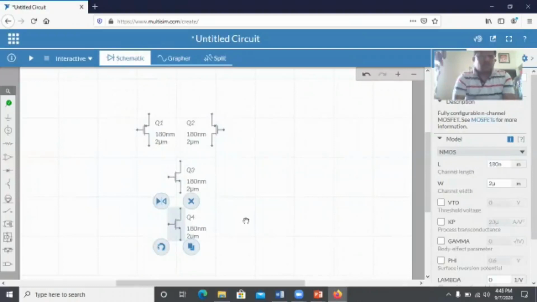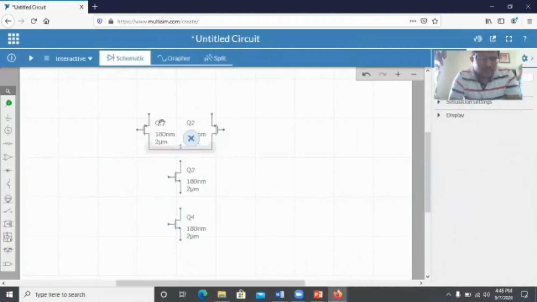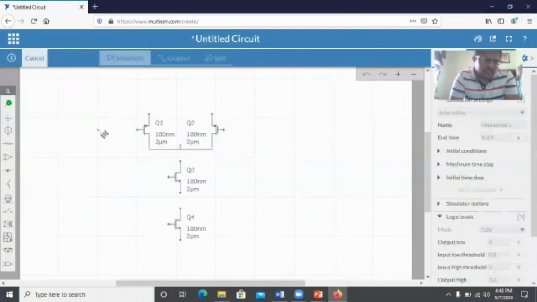Now you simply have to do the connections. I will short the drain and drain terminals. Then again I'll short the source and source terminals. Go to ground, there you will find junction, that is actually the wire.